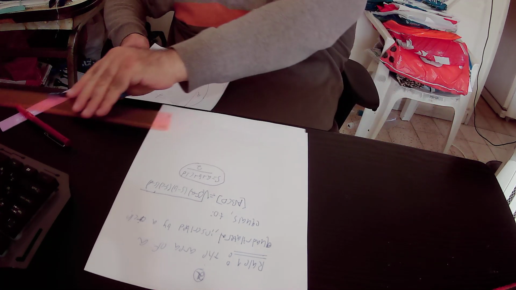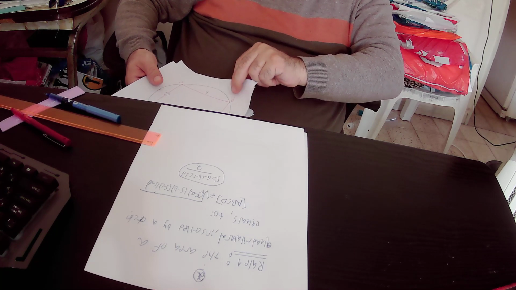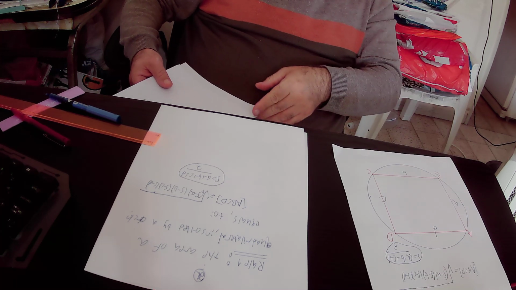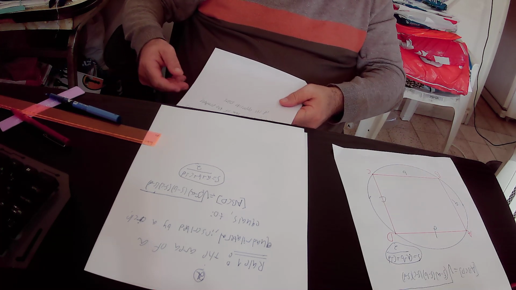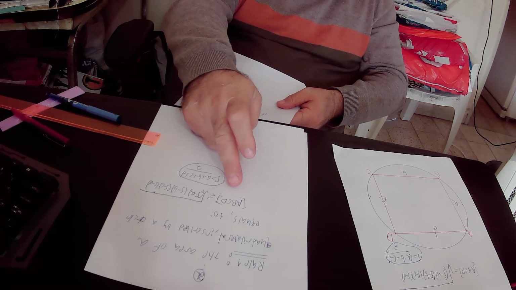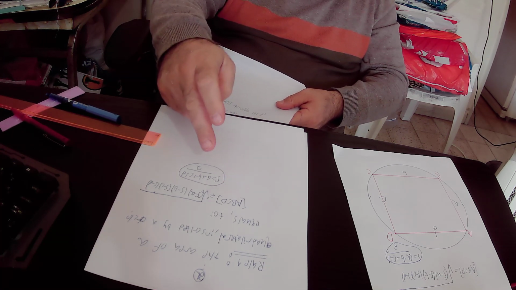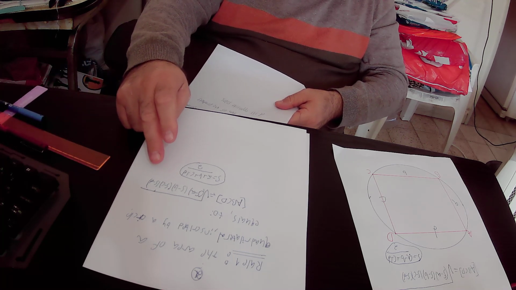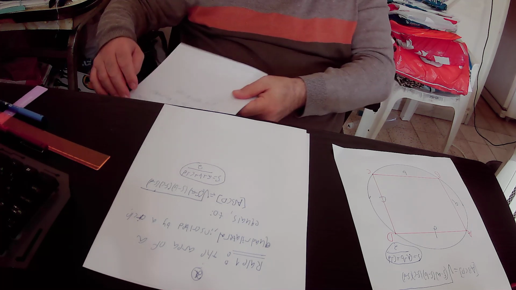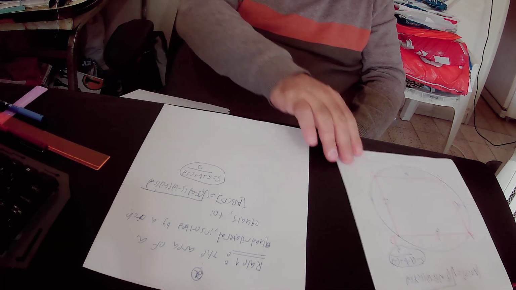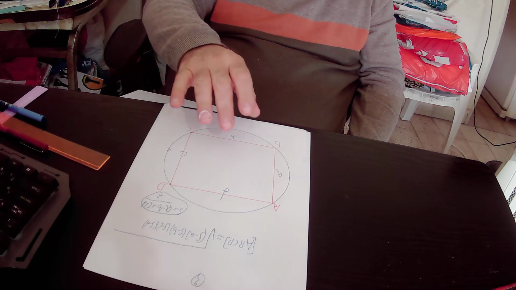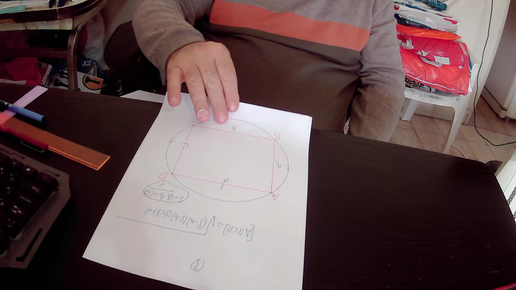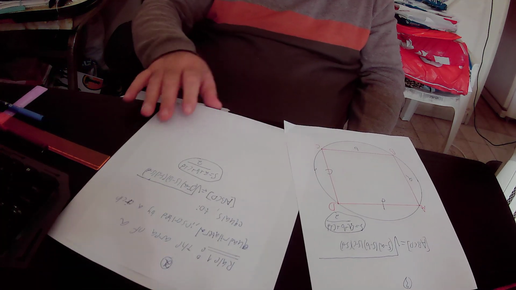Rule number 1 states that the area of a quadrilateral inscribed by a circle equals, this is the sign of area of quadrilateral ABCD, it equals the root of S minus A times S minus B times S minus C times S minus D, when A, B, C, and D are the lengths of quadrilateral ABCD sides, the red quadrilateral,